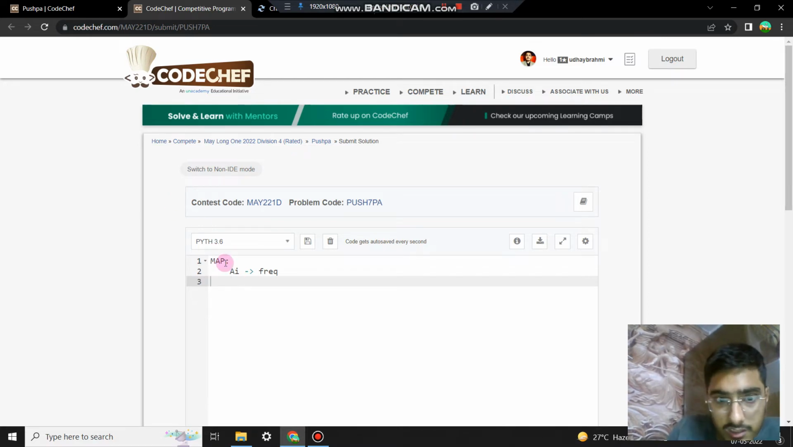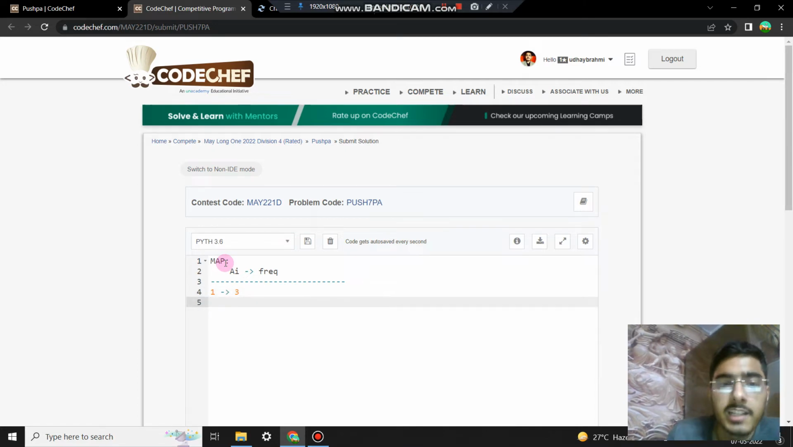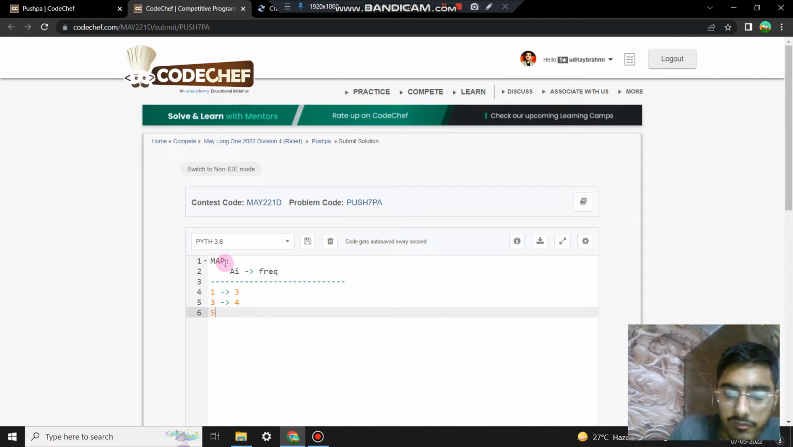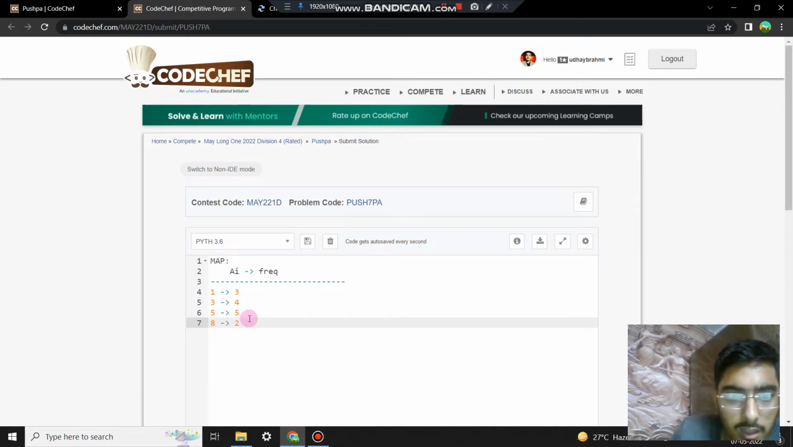Now what does this particular thing represent? If you observe carefully, let's say in our example 1 is occurring 3 times. It's a hypothetical example. 1 is occurring 3 times in the array. Then 3 is occurring 4 times. I'm just taking random numbers. Then 5 is occurring 5 times, let's say, then 8 is occurring 2 times. Like this. Now, if we start from the first one,